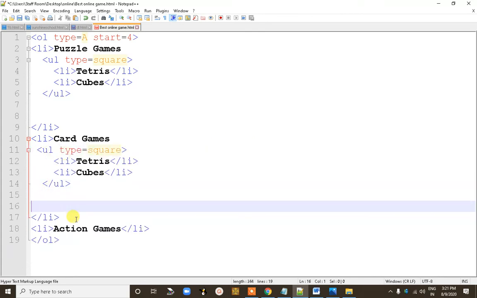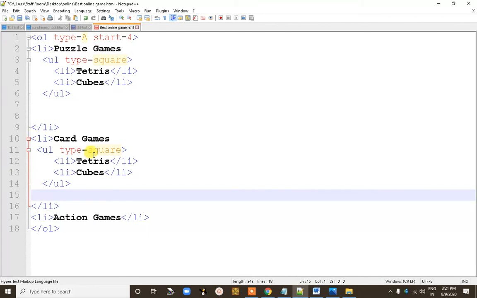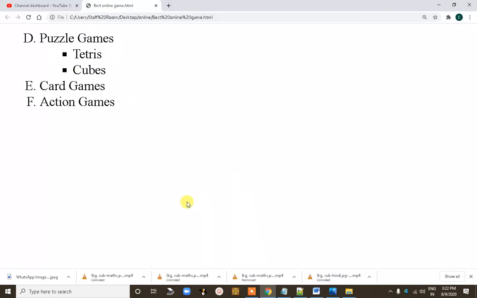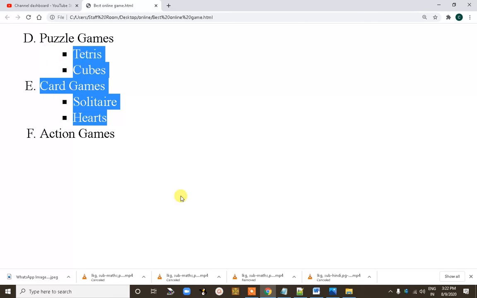Now change the Tetris to solitaire, and the next one is hearts. Okay, now for the card games also we are able to get the output properly.